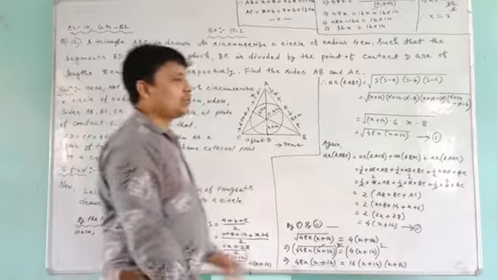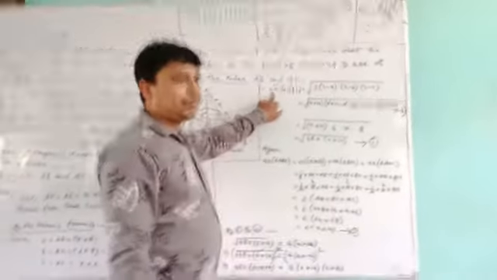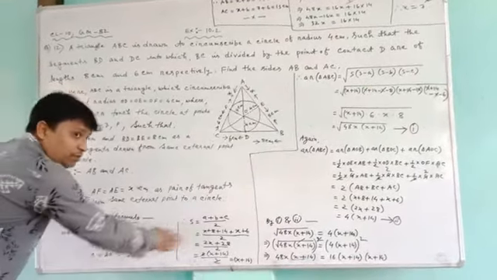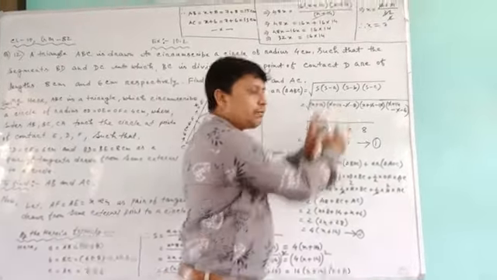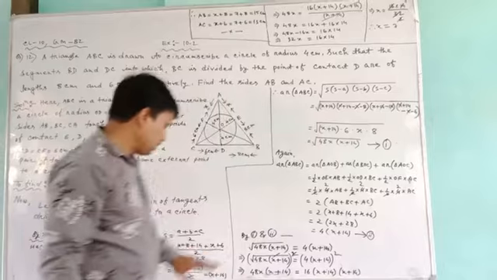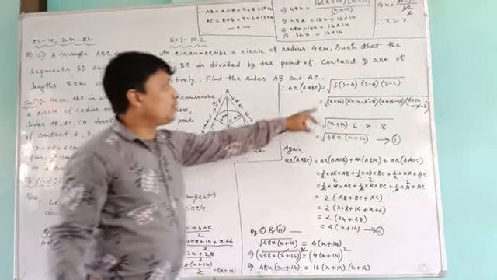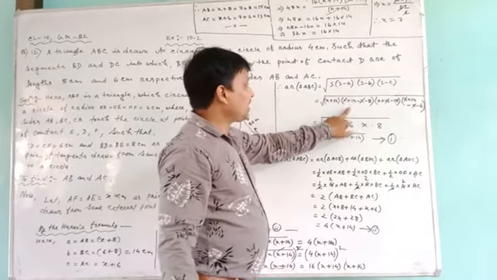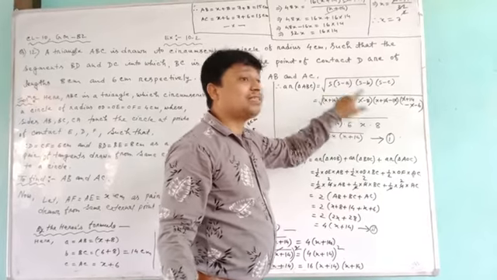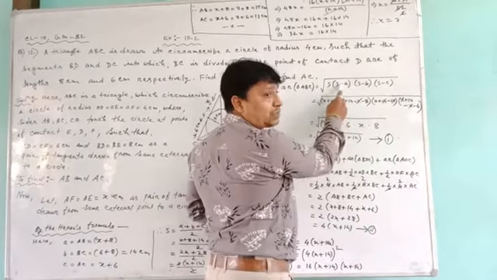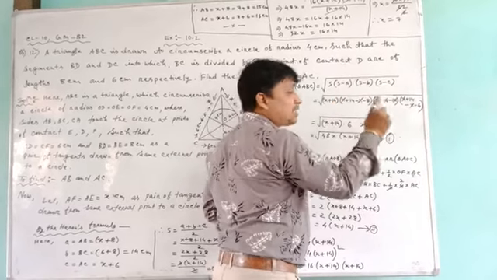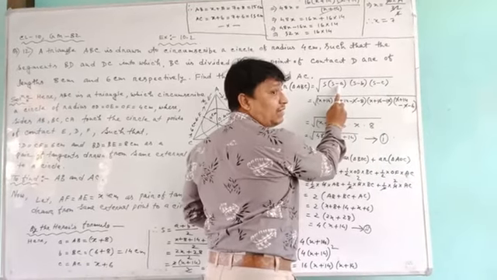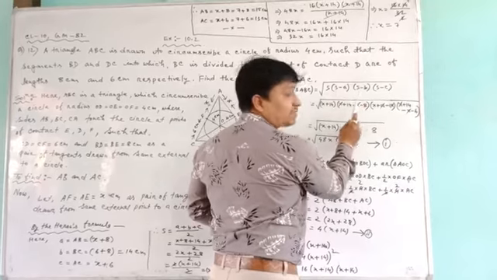Now we apply Heron's formula. The area of triangle ABC equals root over, and from this list we put the values. In the place of s, we put x plus 14. Then s minus a: s is x plus 14 and a is x plus 8, but since there is a minus in front, the sign of both terms will be changed, as minus into plus is minus.